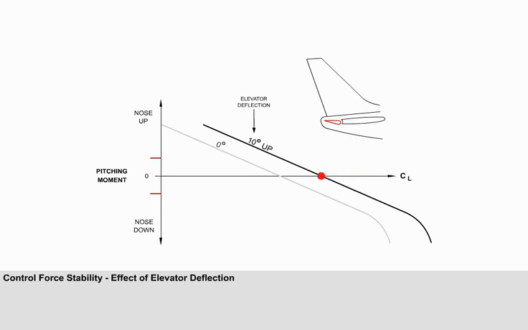Reset the graph. A momentary decrease in angle of attack generates the same stabilizing nose-up pitching moment. Reset the graph. The illustration has shown the same amount of static longitudinal stability with the elevator at 10 degrees up as it did with the elevator neutral. This is easily seen at a glance from the fact that the two plots are parallel.